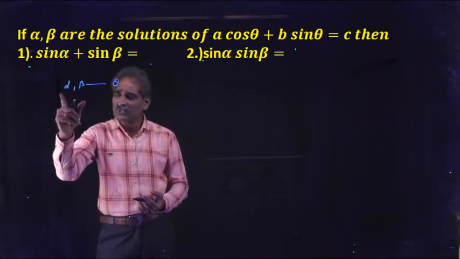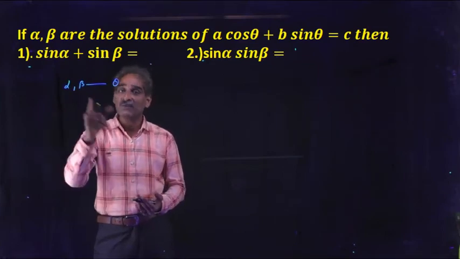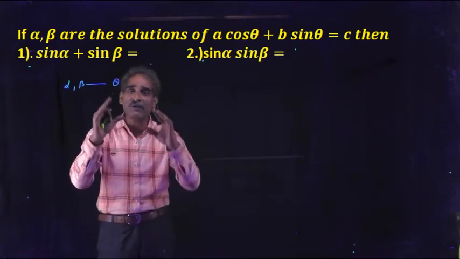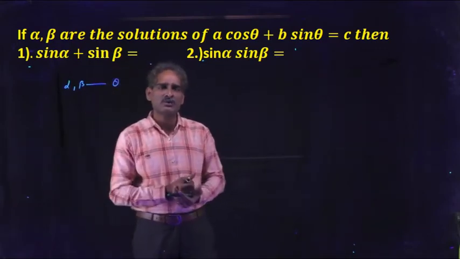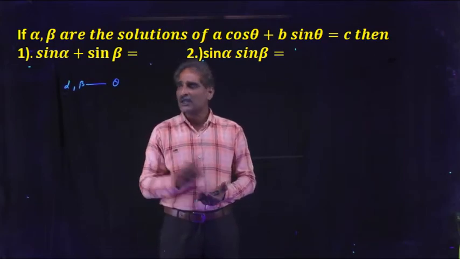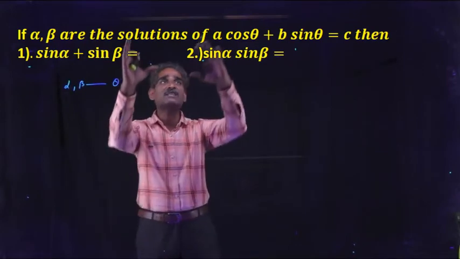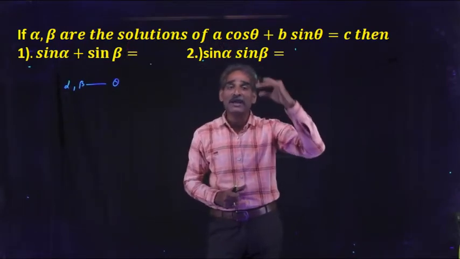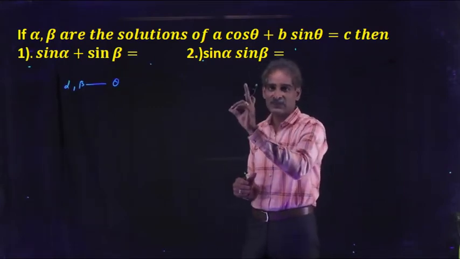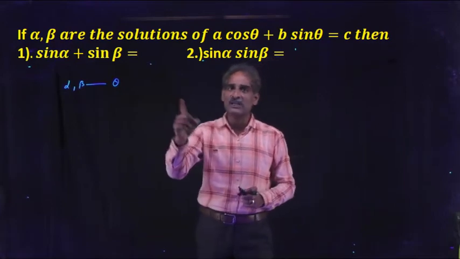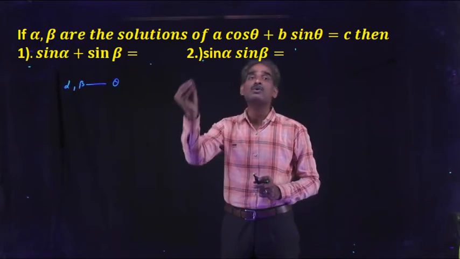Okay, now sin alpha, sin beta link with sin theta. Sin alpha, sin beta link with sin theta means if you have a quadratic equation in terms of sin theta, then sin alpha, sin beta are the roots of that equation. Here we want to find out sin alpha plus sin beta or sin alpha into sin beta. We have to convert the given equation into the form of a quadratic equation in terms of sin theta. You remember it. The objective is fixed because we have to find out sin alpha plus sin beta. It is possible only when sin alpha, sin beta are the roots of a quadratic equation.